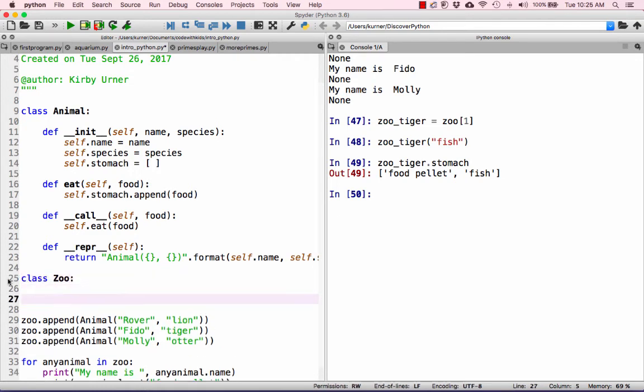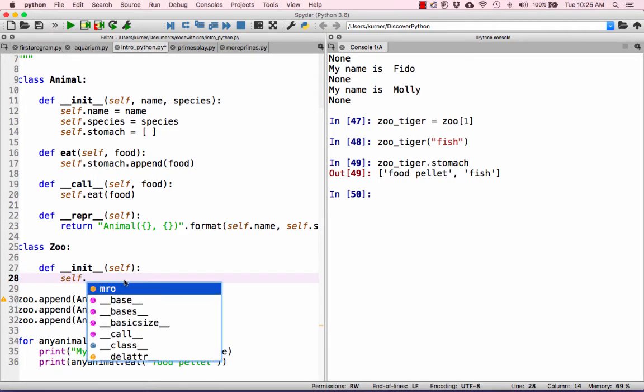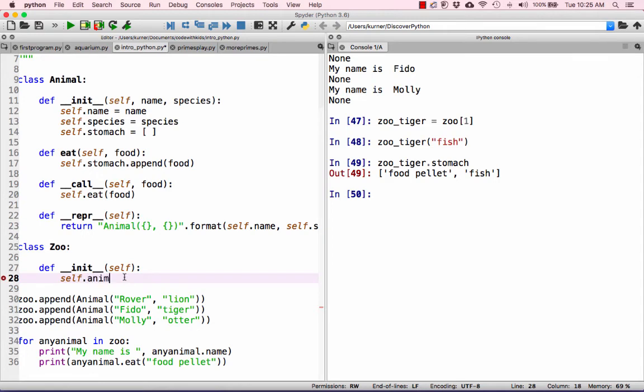So we're just going to go like this. And it has an initialization method. It just has no arguments. Self comes in sort of magically because by the time you're initializing, you already have a self, and you're just sort of post-production. What does my self need? In this case, self needs animals. What we're going to put in the zoo, it's kind of like the stomach of a zoo is the